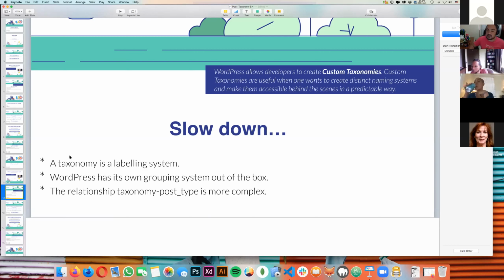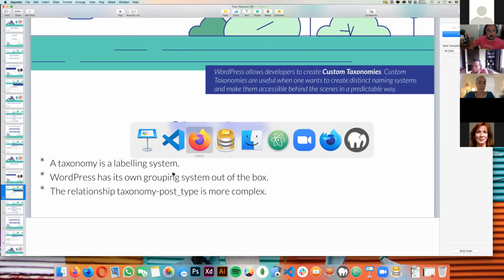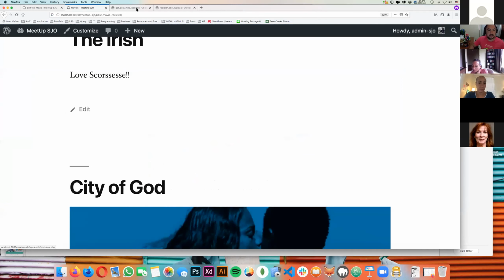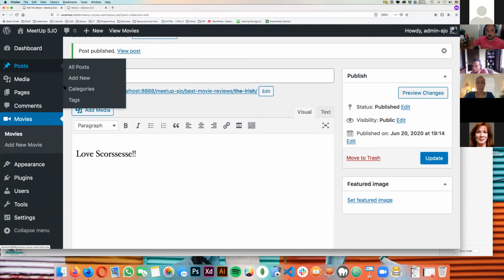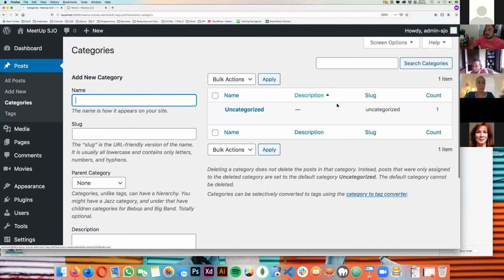But WordPress allows you to do that as well for your custom post types. WordPress has its own grouping system out of the box. We see this over here. If we go to post types, we have categories, and in categories, all the blog posts that get added are uncategorized. But you can add your own categories here, or you can just write a new post